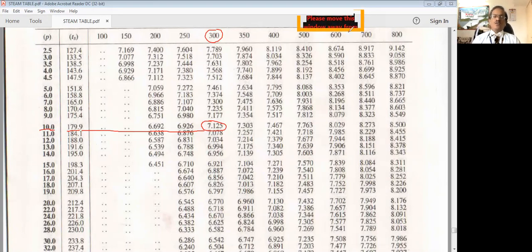Now, after knowing how to read these values, how can we find the values for the wet steam? Because here we have studied the values either for the water, or for the dry steam, or for the superheated steam, but how to find the values for the wet steam. So I am going to share another screen. Now see here.